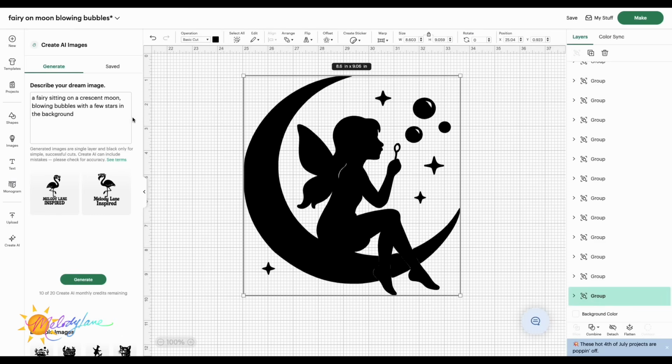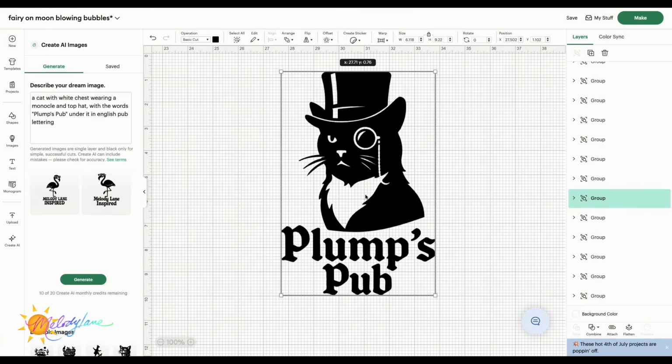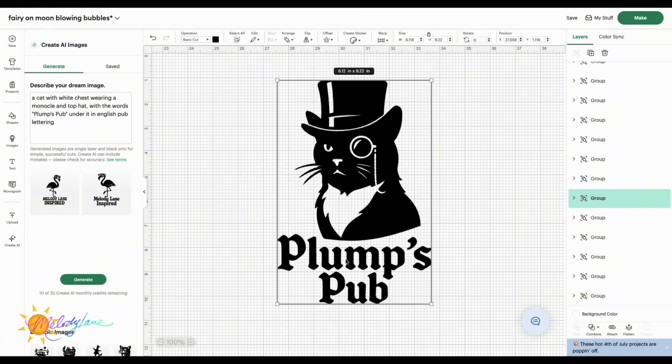So remember, if you're not getting quite what you're looking for, try to be a little bit more descriptive if you need to. Now here is another image I generated. It's for our kitty Plumps. We have a bar in our basement and we call it Plumps Pub because he is always sitting in his bar stool. So for this one, the cue I gave it was a cat with a white chest wearing a monocle and top hat with the words Plumps Pub under it and English pub